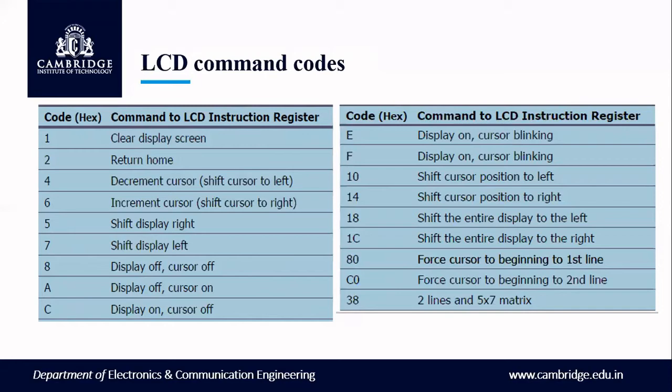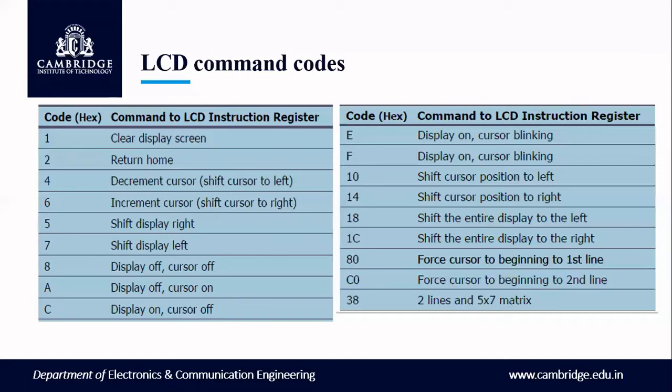Pin number 5 is shift display right. Pin number 7 is shift display left. Pin number 8 is display off. You get the next byte and write it onto the LCD display. Cursor off is a command code value. C is display on, cursor blinking. Then increment the DPTR. The command codes E and F are display on, cursor on. Once it is finished, it will become 0. Then send shift data. The cursor position moves to the left. Sending the data, the position moves again to the right. Access the starting address of the string of characters.